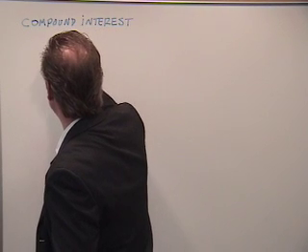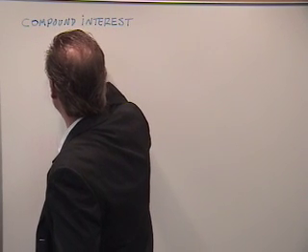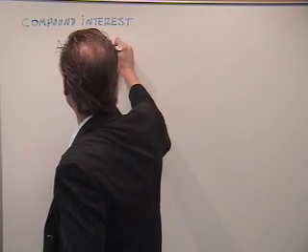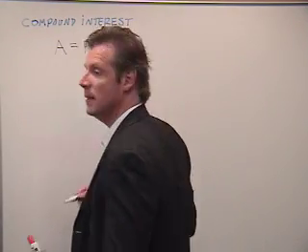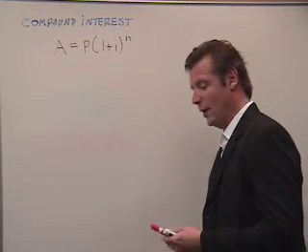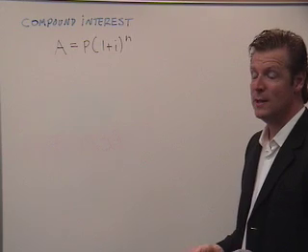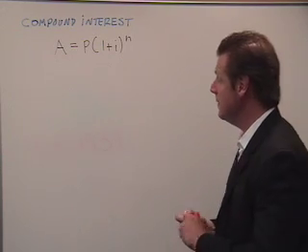Compound interest basically uses this fundamental equation. Accumulated amount is principal times 1 plus i to the n. Okay, now, a good example of compound interest, and we've done this before, is the idea of, let's say, I'm going to take an amount, let's invest